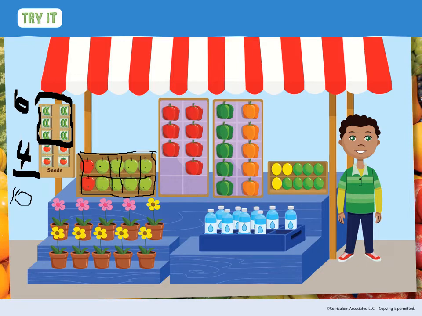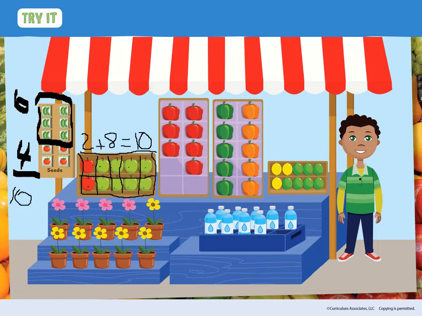But let's look closely at the apples. 2 different colors, right? How many red apples did you see? I saw 2 as well. And then we had some green apples. How many green apples did you see? I saw 8 as well. So the parts of this group were 2 red apples and 8 green apples, and that gave us a total of